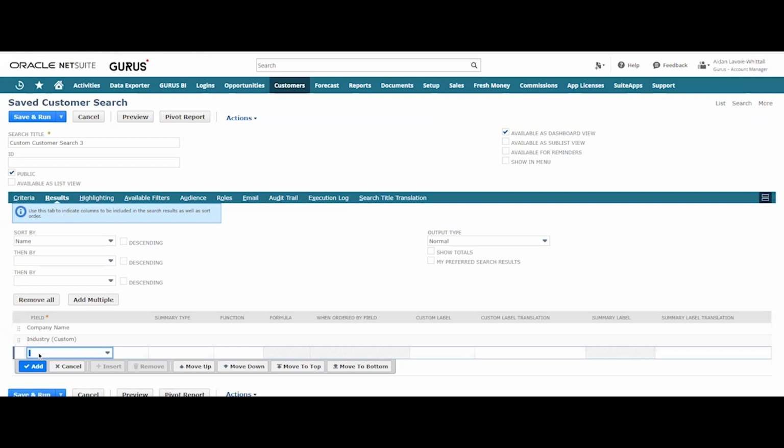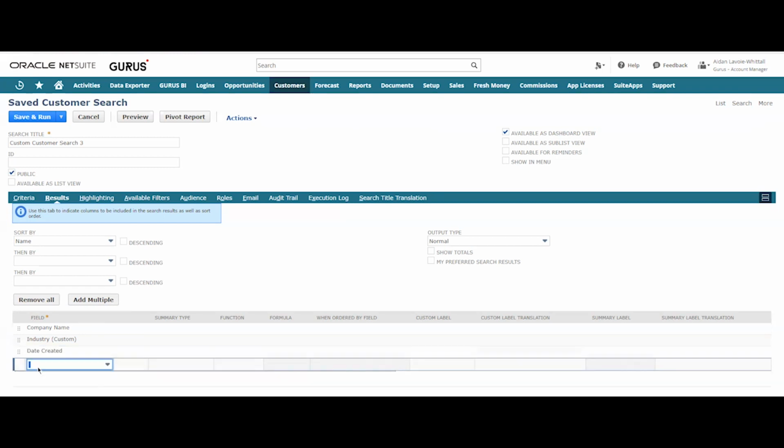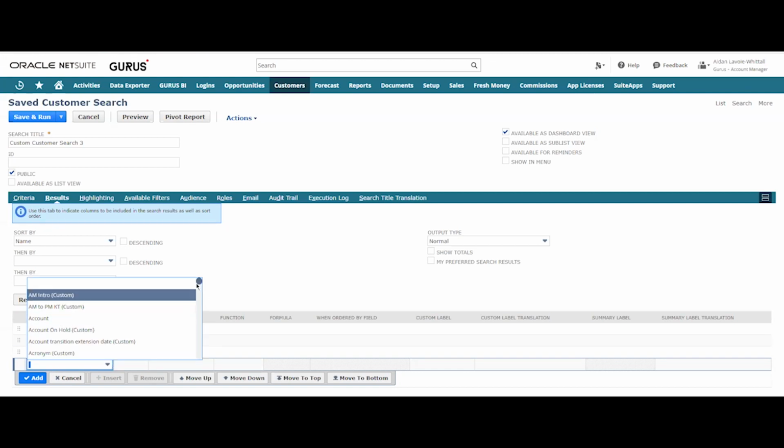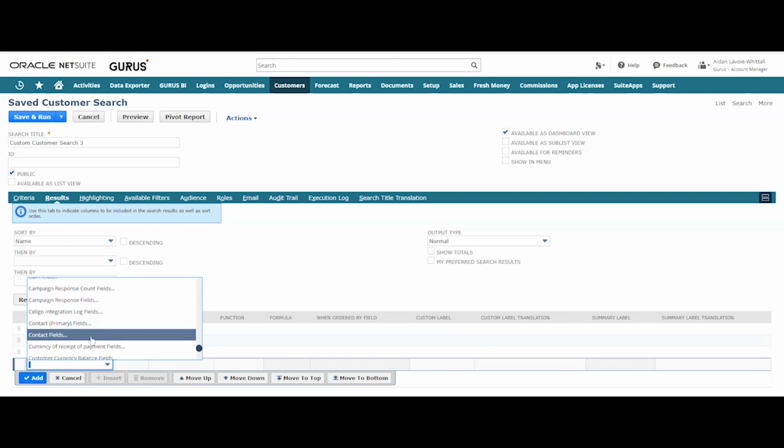We'll also add when the company was created by selecting Date Created and Add. And finally, we'll add the contact's emails by scrolling to the bottom of the list here. And we want to find the contact field value followed with the ellipses. So we'll select that.